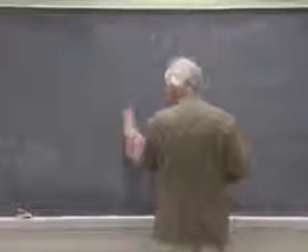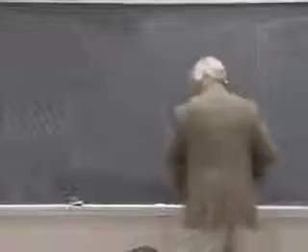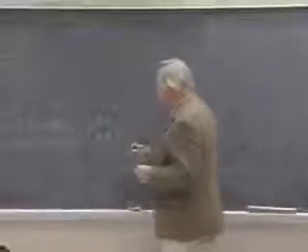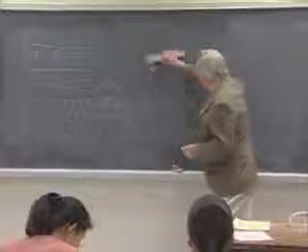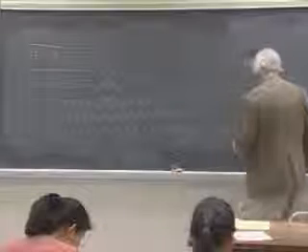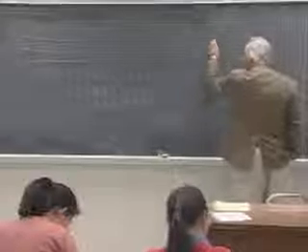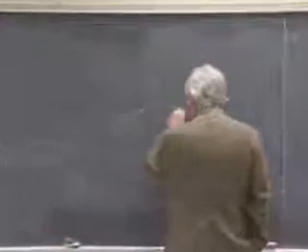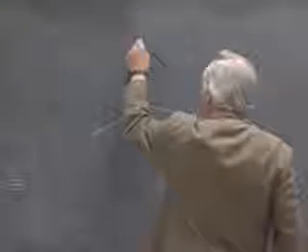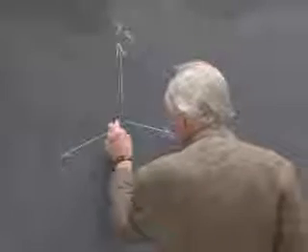Let me quickly, and then I'll pause to see if you have any questions, give you an interpretation of the meaning of some of these elements of the tensor. We've really not been able to do that. We've been able to use them to give the value of the property in a given direction, but not their individual meaning. Suppose I ask what the value of the property would be